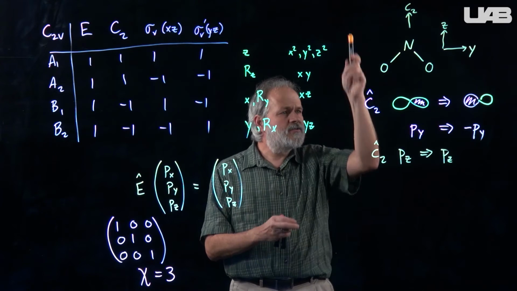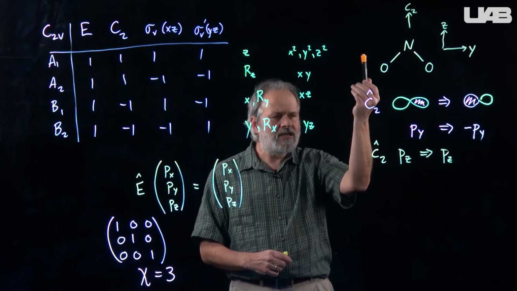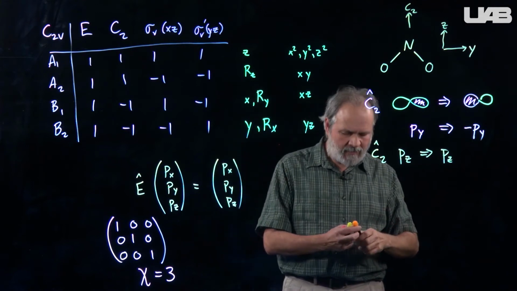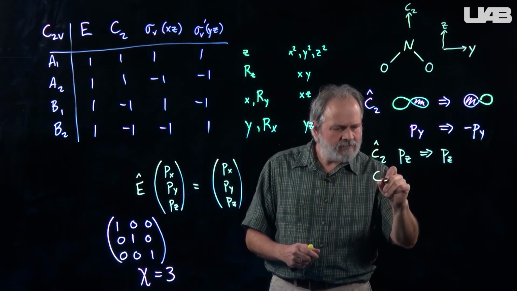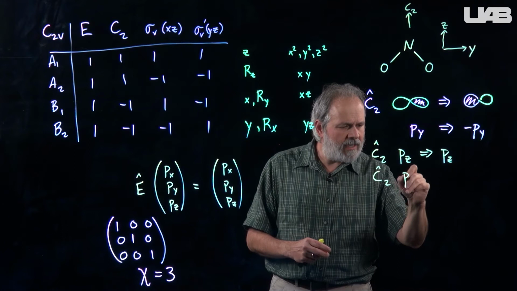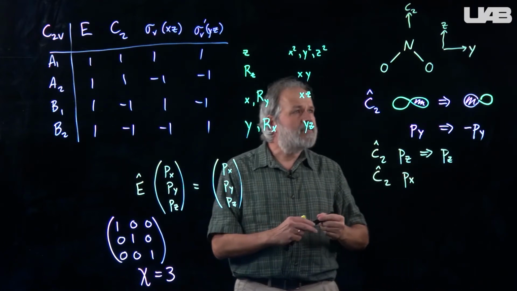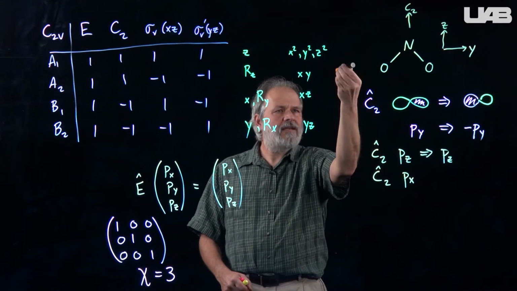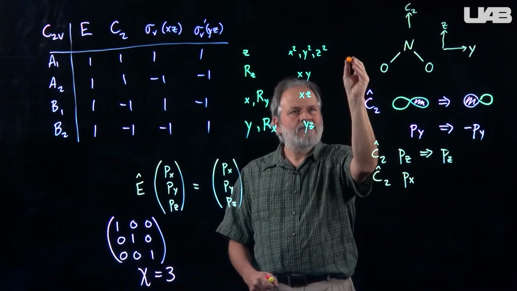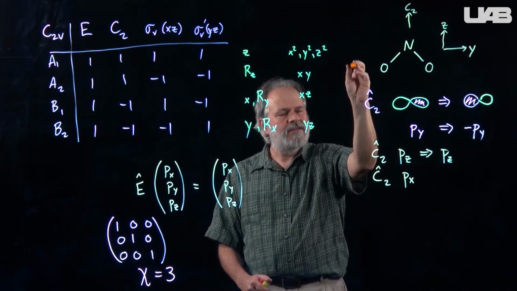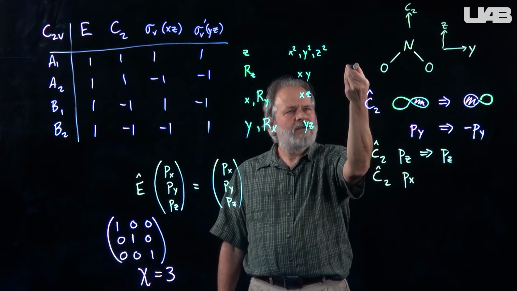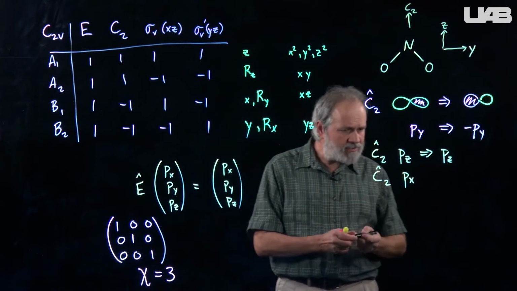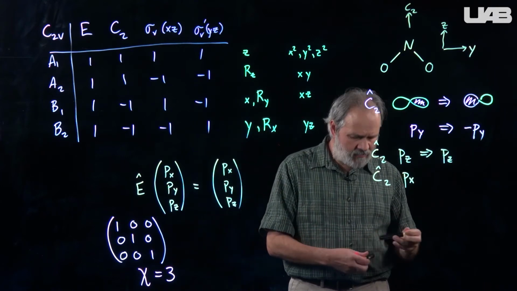Because the pz orbital is up and down, we rotate, nothing changes. The lobes stay put where they are. And then finally, the C2 operator applied to the px. Okay, so the px orbital is coming in and out at you. If we rotate that 180 degrees, you can see if the tip of the marker is the positive end of the orbital, we rotate 180 degrees, we now have the negative end of the orbital at you. So it also changes sign as we